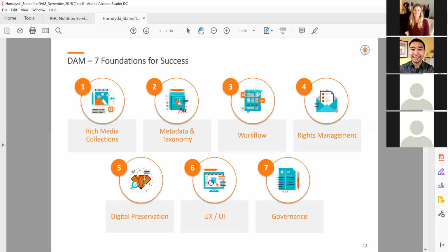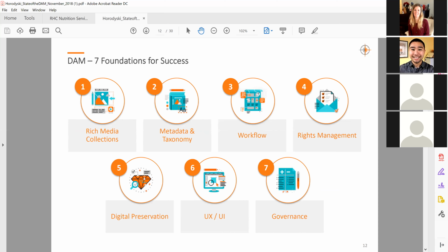So while it's commonly known that technology should never lead the decision-making process for DAM, it's the business that sets the foundation for the strategy first. Technology is incredibly important, and the vendor review and selection process is a critical step, but this must follow the business requirements of the digital strategy. I've seen over the years where many people will jump right to the purchase and or selection of technology, but I can tell you it is far better to take the time at the beginning to understand a little bit more about the business wants and how they want the DAM to work, what are the needs of the users of the DAM. By having that begin your foundation, then you can work through these 7 things going forward.